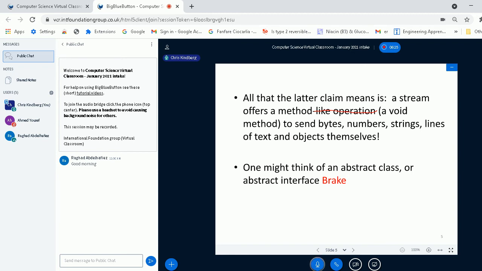And a stream is going to offer you methods to send and receive bytes and integers and strings and lines of text and even, believe it or not, objects themselves. It's entirely possible to send an object from here to Timbuktu. And what the object might represent is a working program.